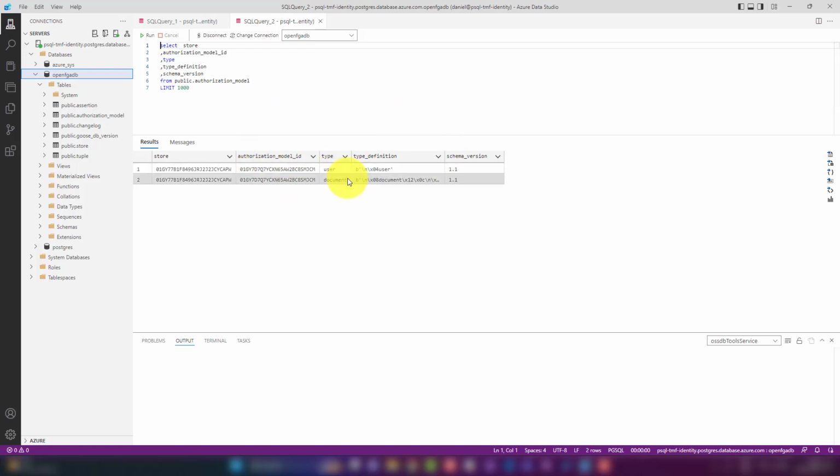So there is a type user, document. Here we can even see some of those relationships like reader, owner, and so on. So here is our authorization model. And here is the authorization model ID that we have to use. Then to define the relationship for the authorization data, we have to provide the store ID along with the authorization